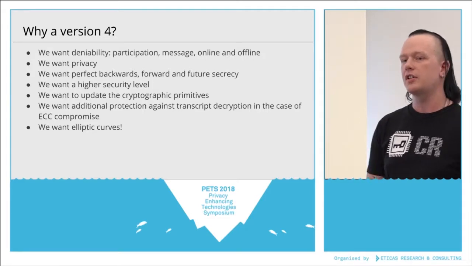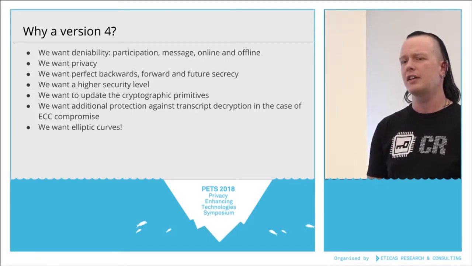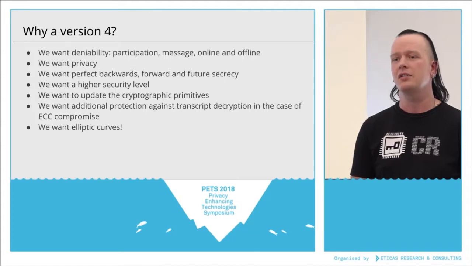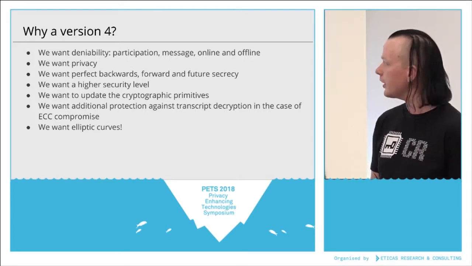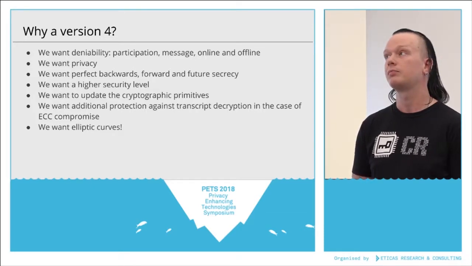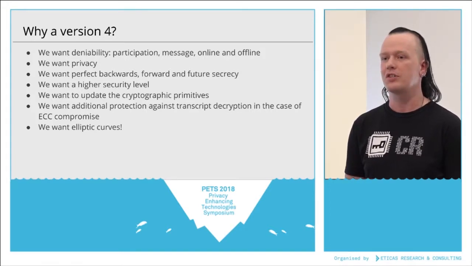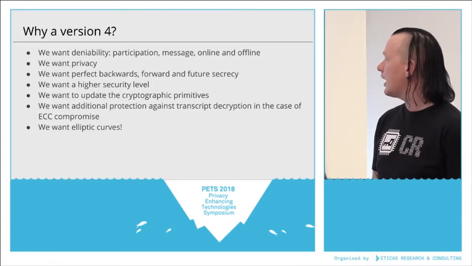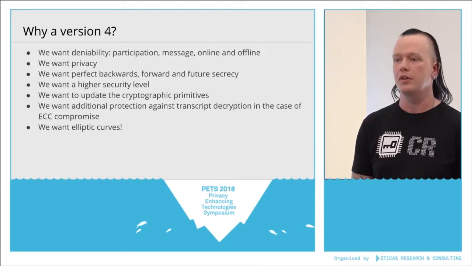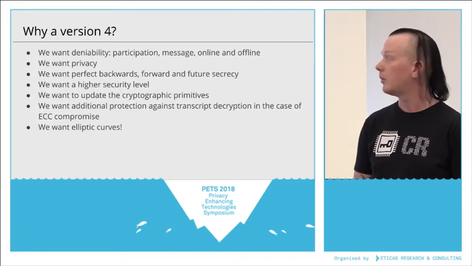We also want to change the security level because at the end of the day, OTR version 3 is roughly at the level of 80 bits of security, and that's starting to feel very uncomfortable today. If you're thinking about what causes that, that's actually the DSA, which uses 1024-bit keys, which is not really a comfortable security level anymore. And of course, the cryptographic primitives that are used are all a little bit old, the DSA and old-style Diffie-Hellman and so on.